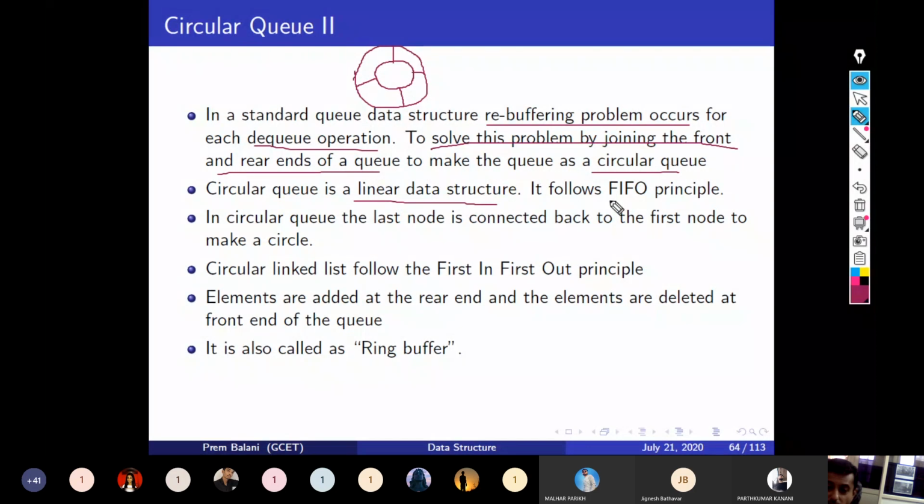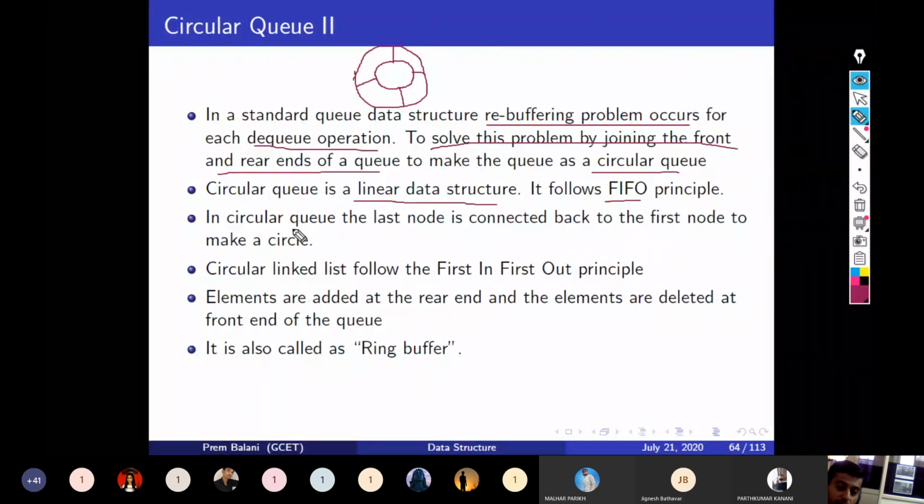So it's a queue only. Many students also fail to answer whether the circular queue can be considered a queue or not. Many students say no, it is not a queue, which is wrong. It is also a queue.